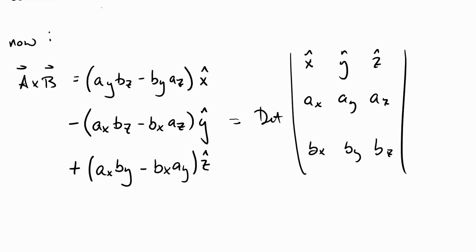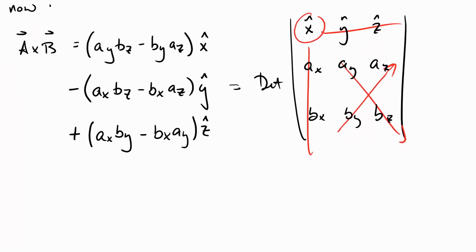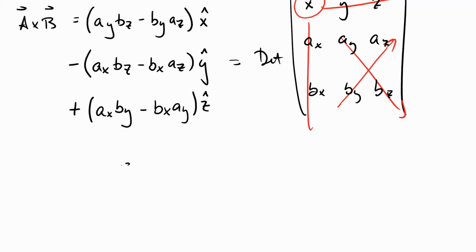If you expand by minors, you can see pretty quickly that you would get AY, BZ, minus BY, AZ. If you continue that expansion, so if you're up on your matrices, that's one way to do it. Another way to do it, which is significantly more elegant and thus infinitely more confusing,